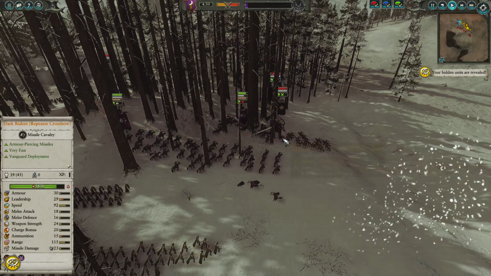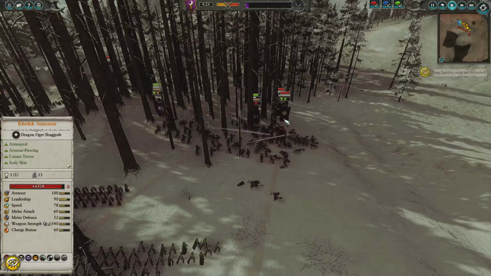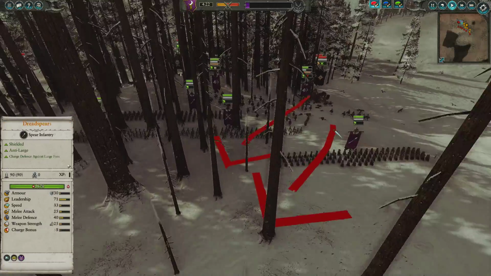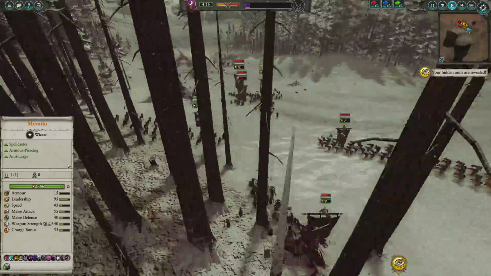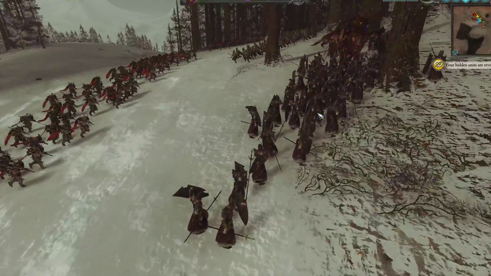So, a little bit of sloppy micro for myself, getting these Dark Riders caught, but we are able to do a little bit of HP damage to Kolek, but now I'm just going to pull back away, and my opponent, not wanting to isolate himself in my infantry line, is going to pull back. You can see Chaos Warriors coming up through the forest. We got a quick early charge with those Cold One Chariots here,